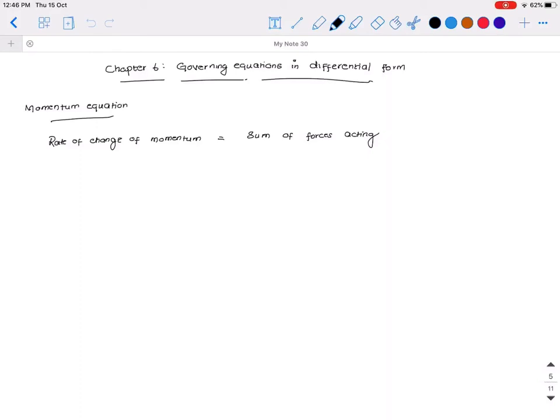Okay, in the previous video we derived the conservation of mass equation in differential form. It is also called the continuity equation. In this one we are going to derive the momentum equation, which is a mathematical statement of Newton's second law of motion. Okay, so you know that from Newton's second law, rate of change of momentum is equal to the sum